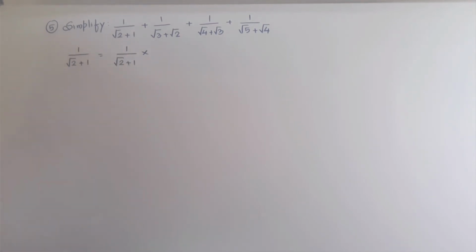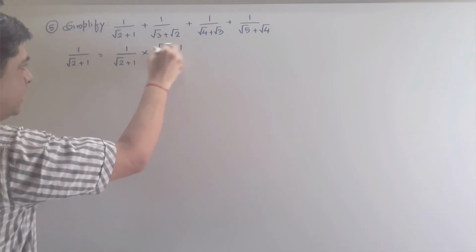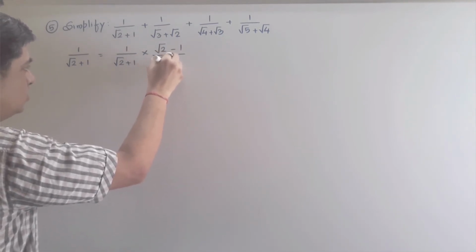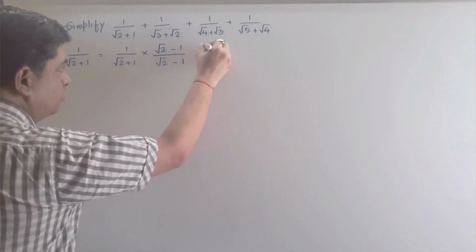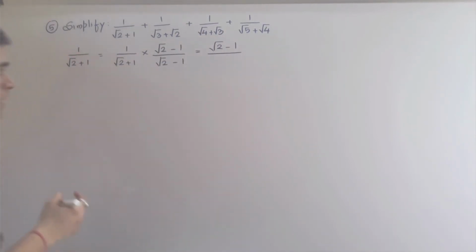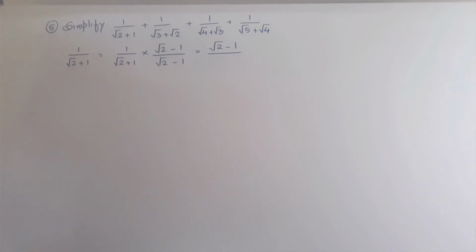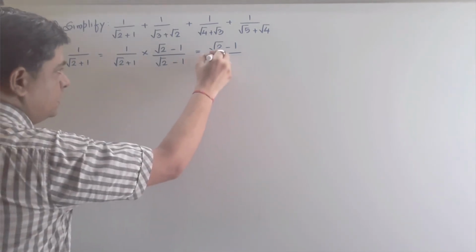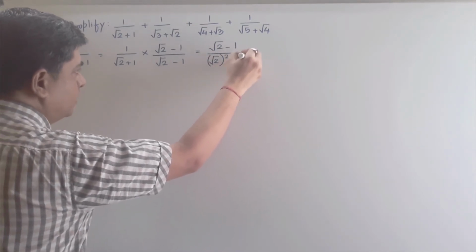I am rationalizing it. Okay. So I will multiply and divide by root 2 minus 1 and divide all by also root 2 minus 1. In 1, if I multiply root 2 minus 1, that will become root 2 minus 1 only. Okay. There is no change. Upon, here I will apply the formula (a plus b) into (a minus b), so a square minus b square. So what is my a here? Root of 2. Square of first term minus square of second term.